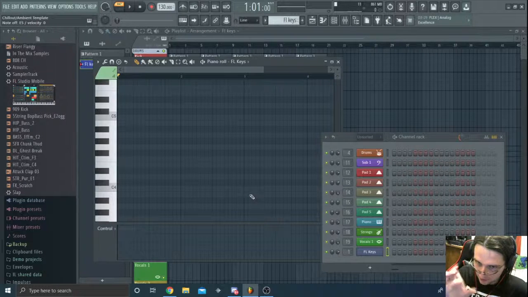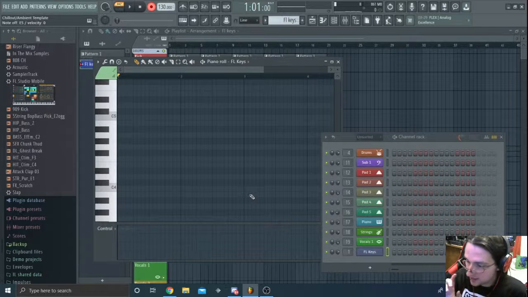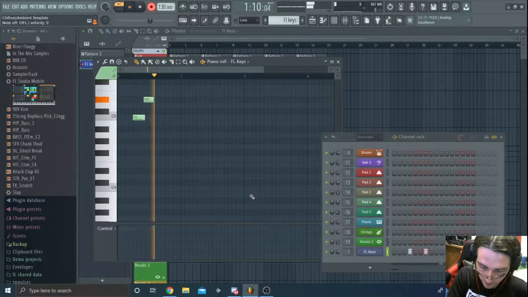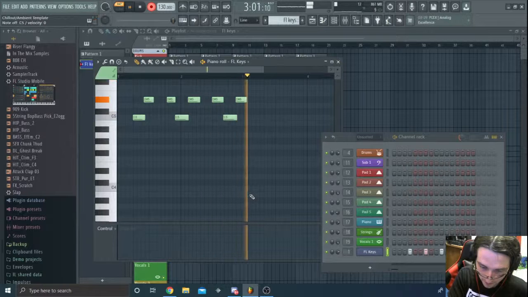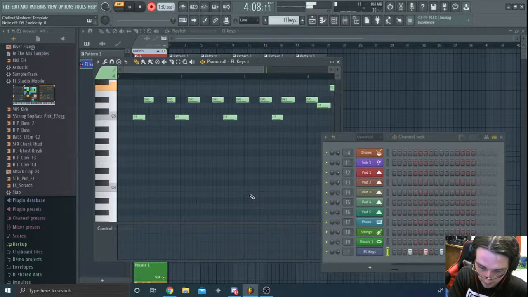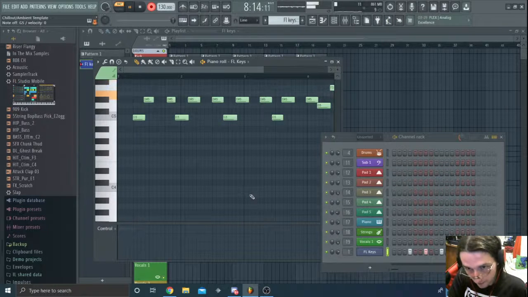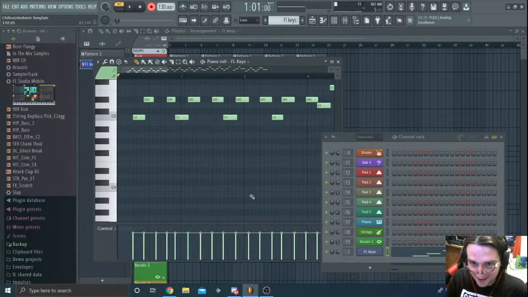So... If I recording now, actually, okay, so now it is. When I play it, as I play the notes, it'll record on the piano roll itself, so... Shit, I screwed up!